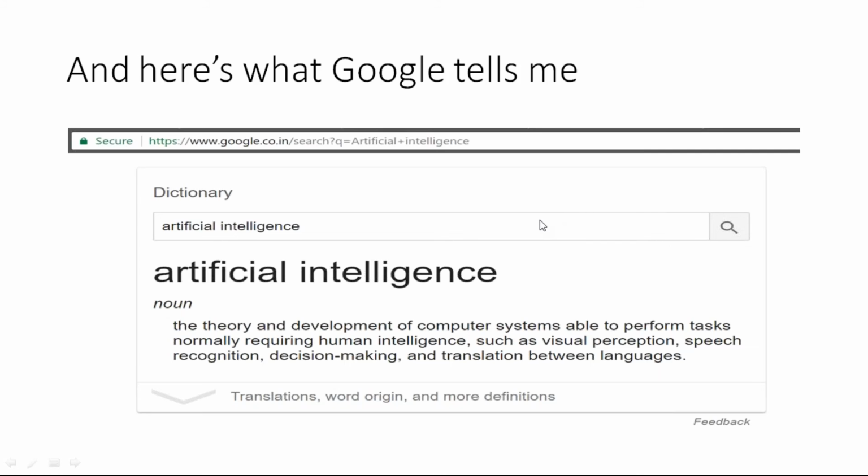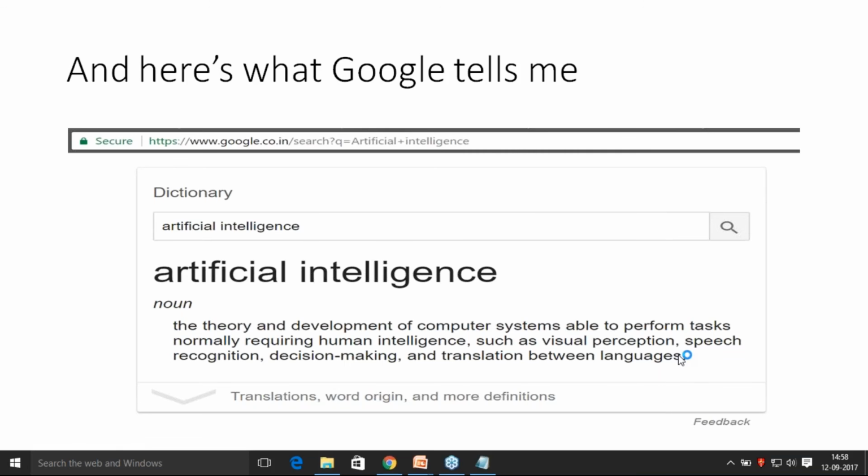Okay. So how many of you like this definition? Does it clear your doubt about what exactly artificial intelligence is? Artificial intelligence isn't machine learning. When I say machine learning, I'm actually talking about coding, algorithms, and all that. But when I say artificial intelligence, it involves all this. So do you like this definition of AI? I personally like this definition a lot. Okay, so let us move ahead. Shall we move ahead?